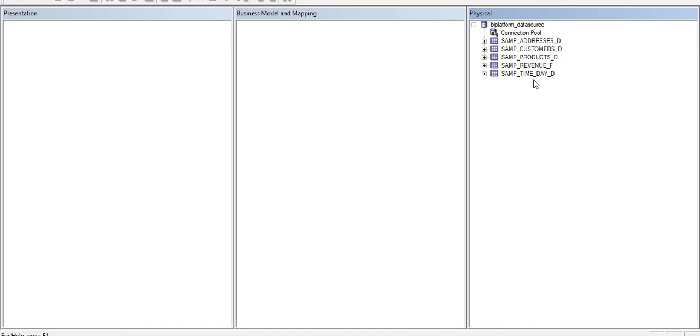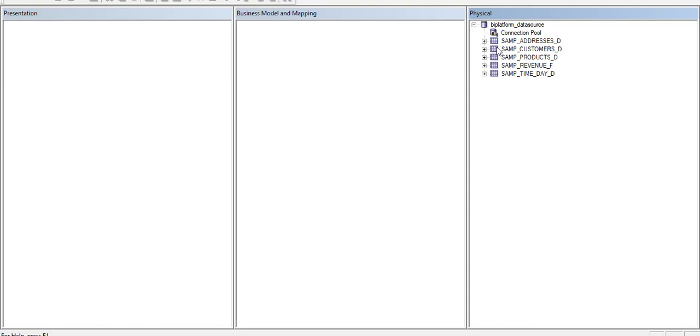Now we are at the step to create an alias. We are creating an alias for the ease of the BI developer, so the BI developer can easily understand what type of table it is.